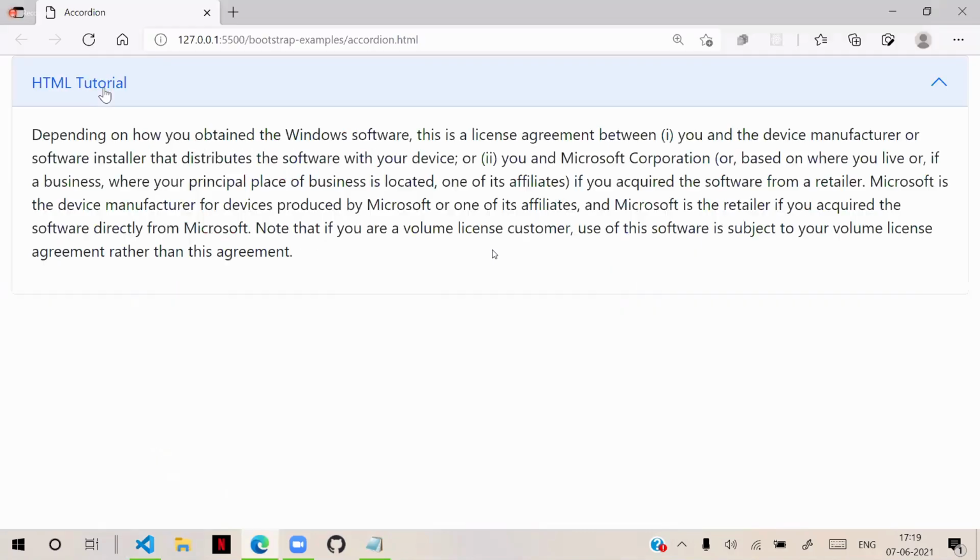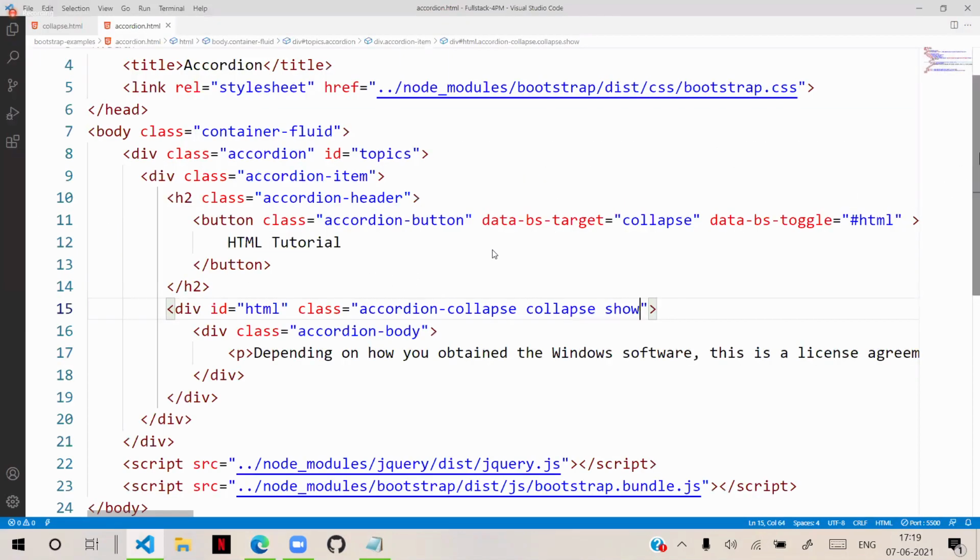But on the button click, the showing and hiding should work. That showing and hiding depends on which target they have to work on. That means other options also we need to configure. Let's see the other options. What are the other options they have to use? Because generally, this toggle depends on multiple items. So let's go and put one more item.